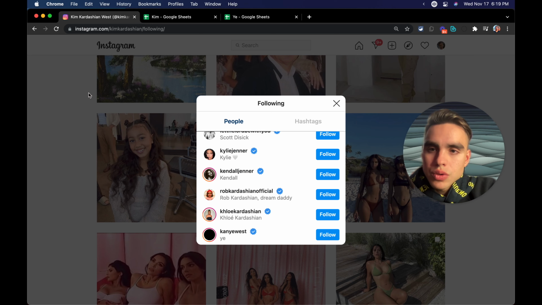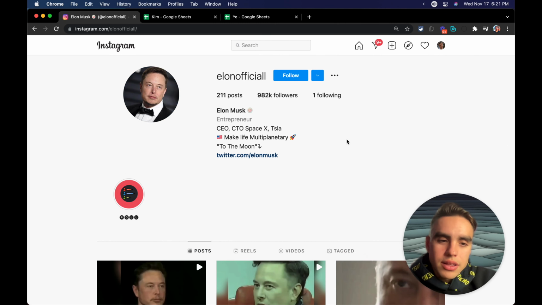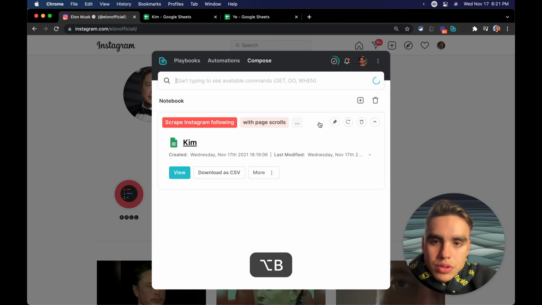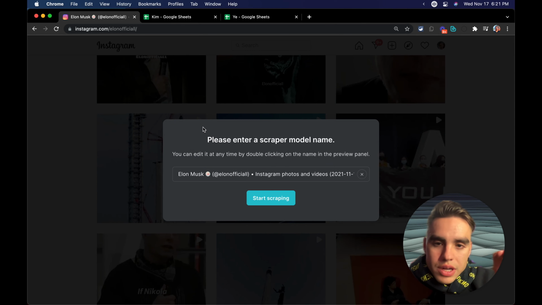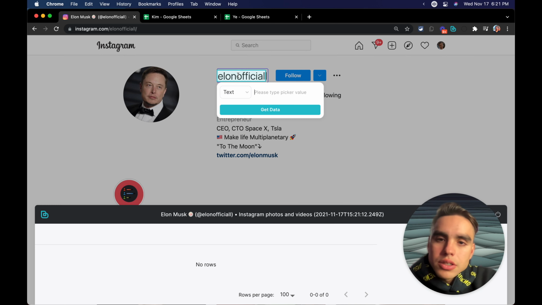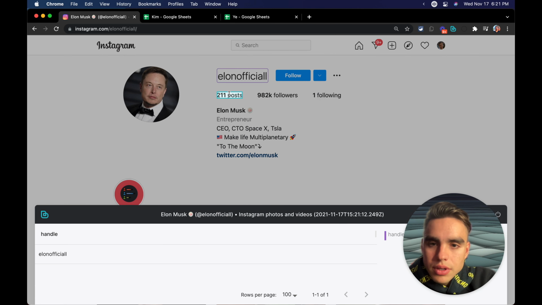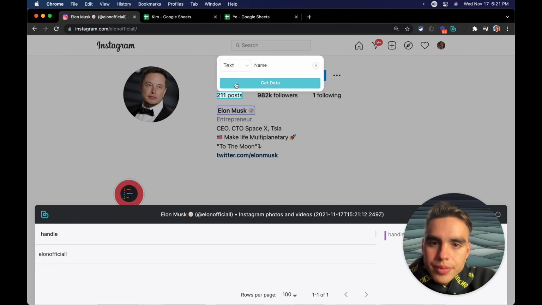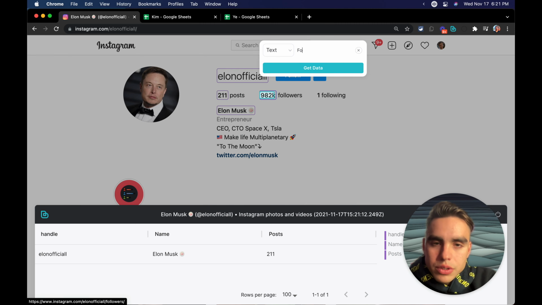So I'm going to go to an individual profile page. So there's this one, but I want to find somebody who has a little bit more information. All right, and here we have Elon Musk's account, and it has more information. So this is exactly what I'm going to do. I'm going to create a new scraper model, and I'm going to pick the single page scraper and do the following. I'm going to pick the fields I'm interested in. So let's get his handle. Let's get his name. I guess this is the name. Let's do posts. Let's do followers,